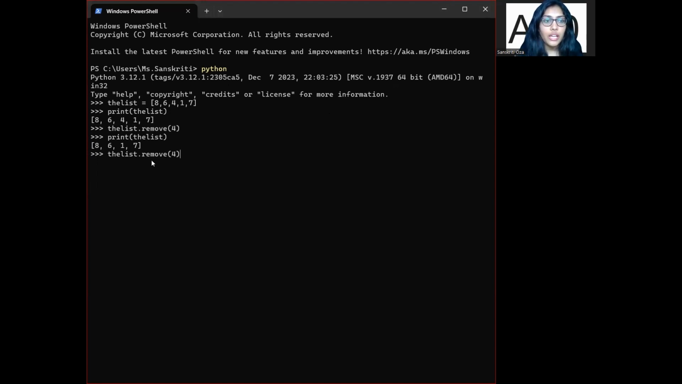Now, what if we have a scenario where we have duplicate items in the list? For example, we have 2, 8, because in a list we can have duplicate items. So we are going to declare this list again. We are going to print this list. Now we have 2 8s, and